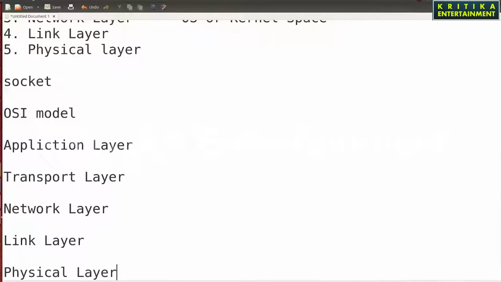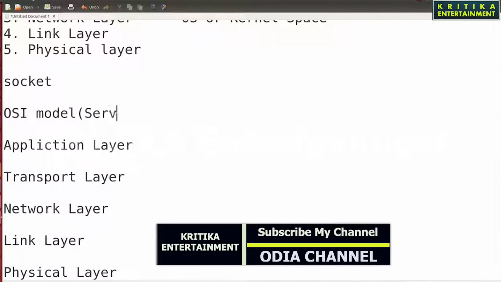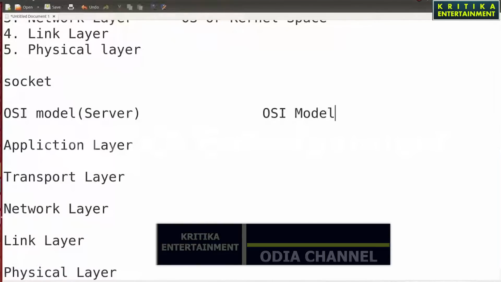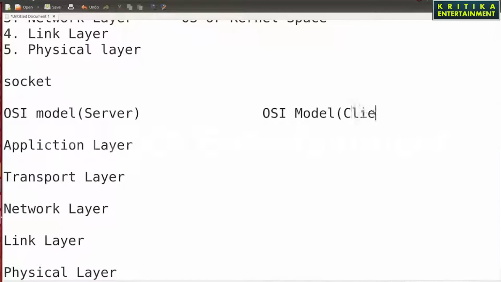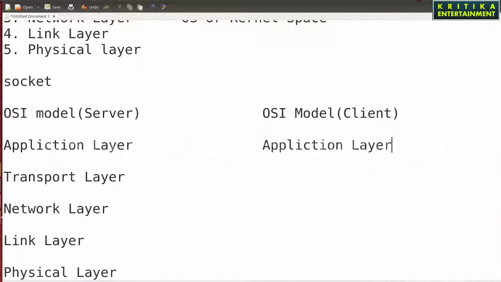Understand, this is the OSI model for the server. Next, suppose this is the OSI model of the client. It is also the same here. I will copy it and paste.